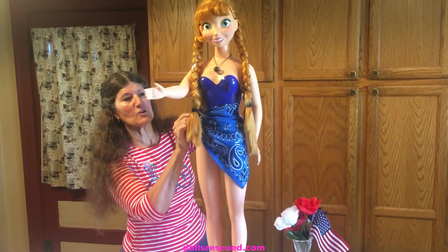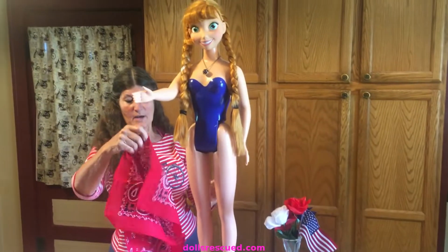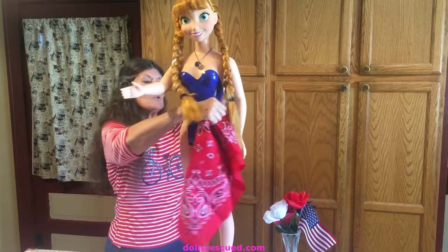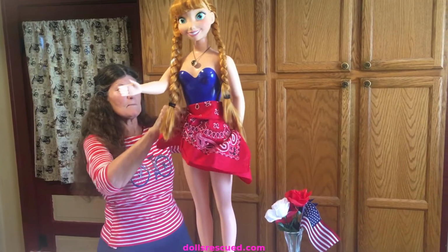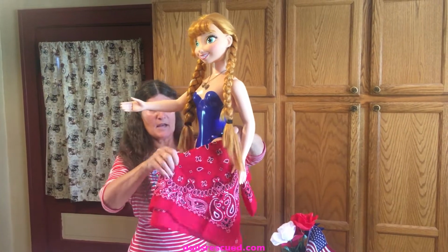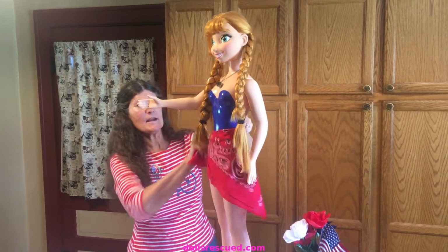4th of July I usually do, and I like this blue, it's kind of cute, but 4th of July and all. So what I did is I bought this red bandana for 99 cents, and we're going to use it instead. And this is kind of a, I'm going to the swimming pool look, but I stopped at the parade. I think I rolled this a couple times. Let's roll that a little bit. And for 99 cents,